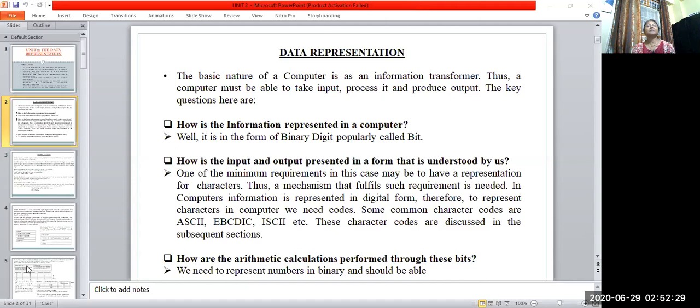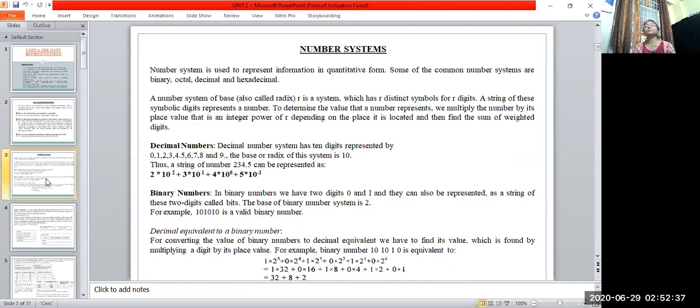Different types of number systems. How many number systems are we going to explain here? As I have told you, I am going to explain mainly 4 number systems. What is a number system? Why do we use it? Everyone knows a number system consists of numerals. And what is the use of numerals? The numerals are used to represent a value, data, or information in quantitative form.